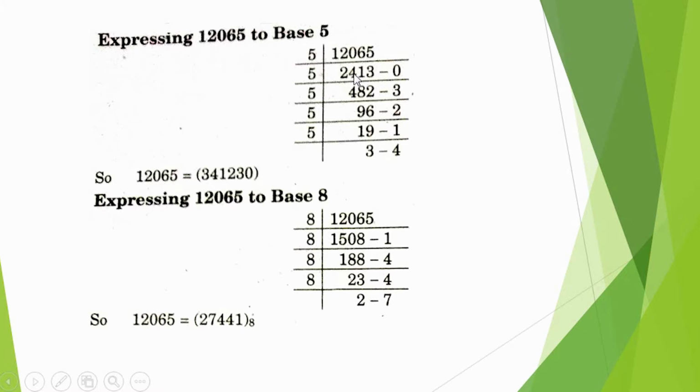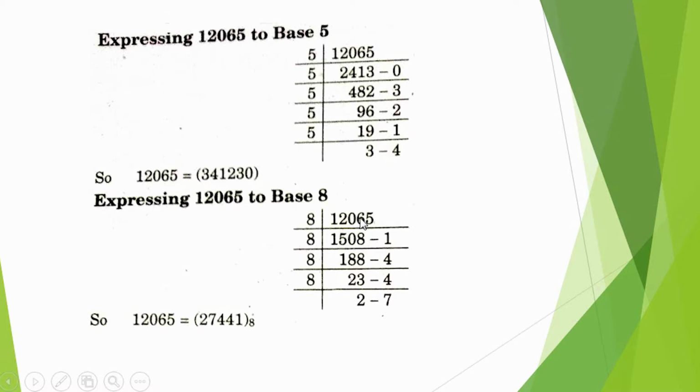5 2s are 10, 5 4s are 20, 5 1s are 5, 5 3s are 15, 0 comes. 5 4s are 20, 1 becomes 41, 5 8s are 40, 3 becomes 13, 5 2s are 10, 3 carry. 5 9s are 45, 2 becomes 32, 5 6s are 30, 2 carry. 5 1s are 5, 6 becomes 46, 5 9s are 45, 1 carry. 5 3s are 15, 5 3s are 15, 4 carry.